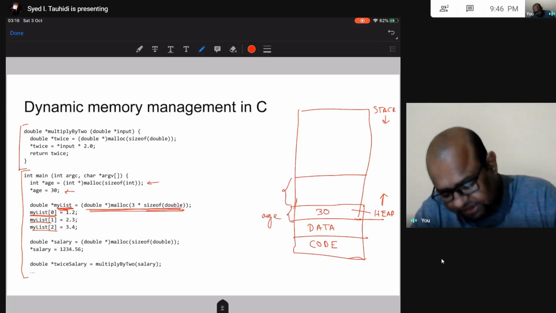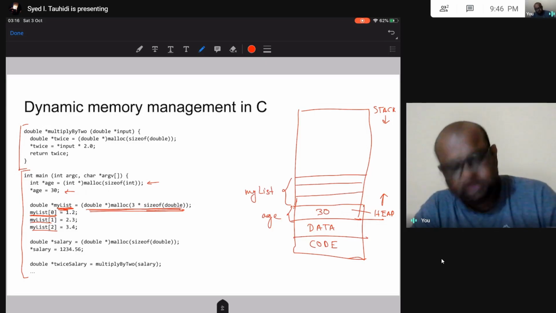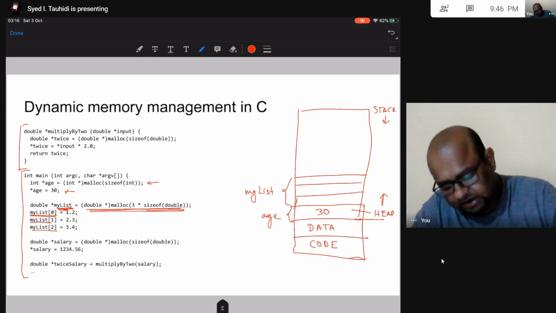Okay, this is the memory allocated for mylist. So there is space for 3 doubles. In this I am putting 1.2, here I am putting 2.3, and here I am putting 3.4. Alright, so this is what I have done in these 3 lines.